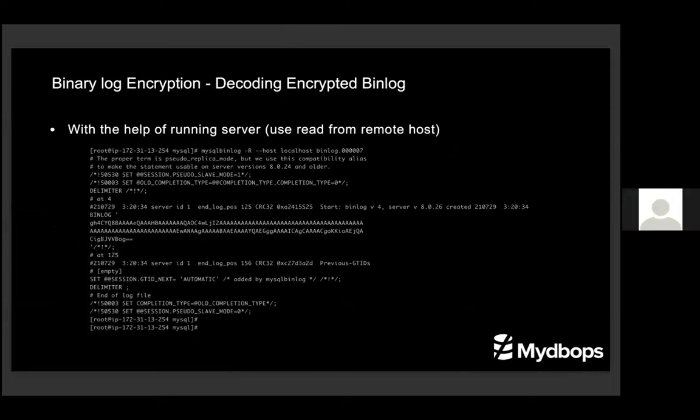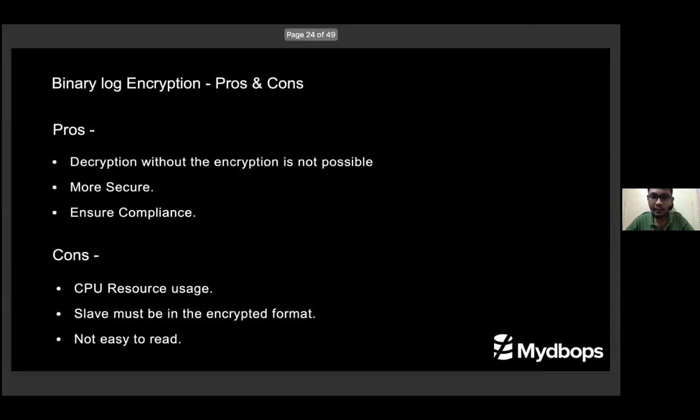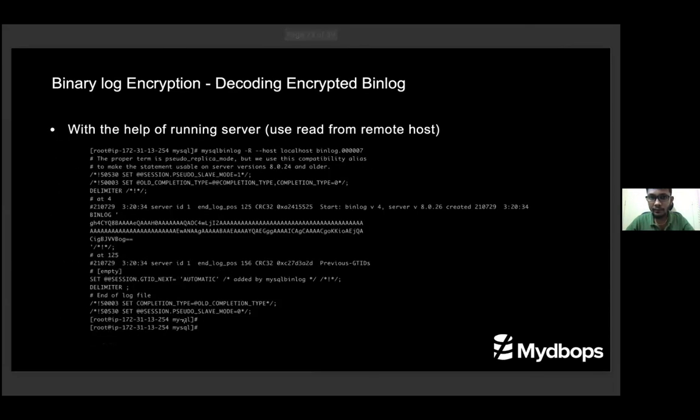Okay, so in this case, do I need any decrypt key? No, actually, we cannot see the binary log data. We can only decode the binary log. For decrypting the binary log, there is no official native way to decrypt it. That's why I have added it in the cons. We cannot easily read it. Okay, so we cannot use any decode rows also.